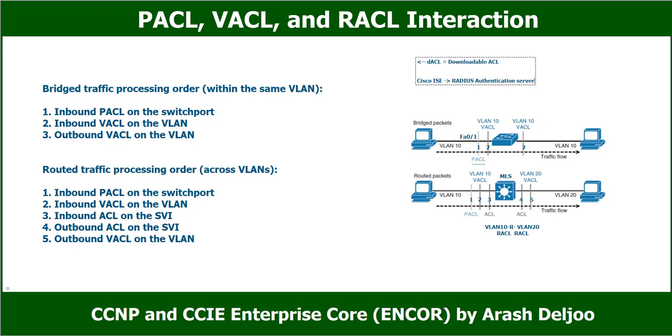After authentication, Cisco ISE should send one ACL. We call it the authorization option. Actually, with the authorization option, Cisco ISE should send one ACL to the switch, and this ACL should be applied to the interface of the switch. This is like the PACL, but it is not PACL because this is downloaded from the